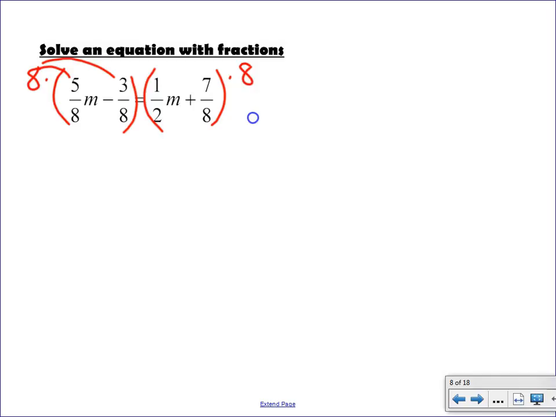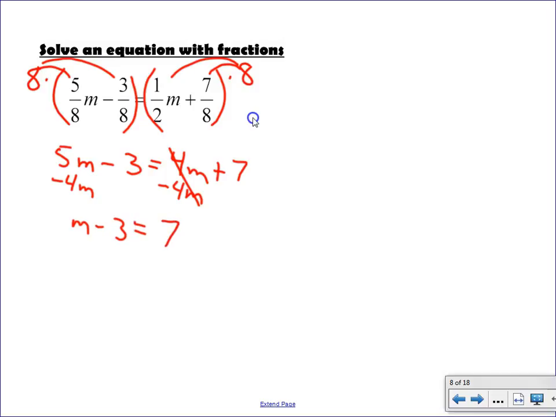Distribute. That leaves me with 5m minus 3 equal to 4m when I distribute on this side plus 7. I can get my x terms, or in this case my m terms, alone on one side first if I want. And then I can add my constant terms together. And I get m equals 10. If I wanted to,